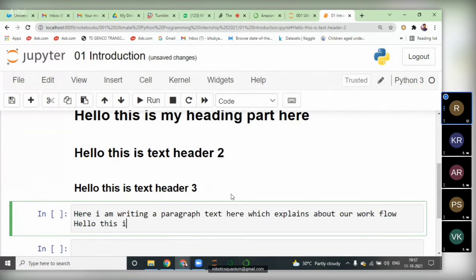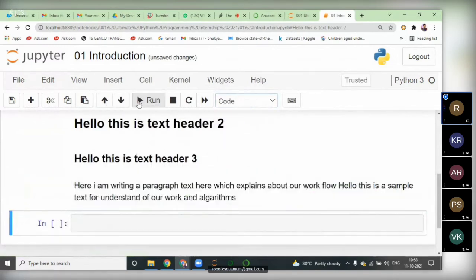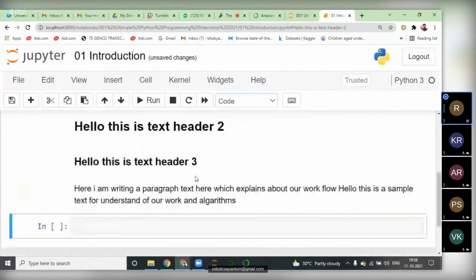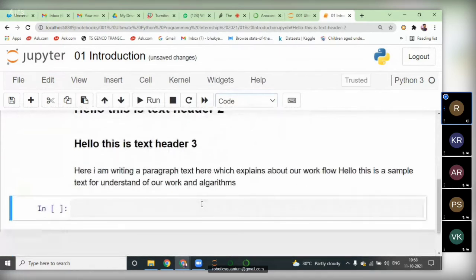So, hello, this is a sample text for understanding our work and algorithms. Just two lines of text. I want to print it as only text, so I select the markdown option. When you run it, it shows only the text part. Like this, we can create text and informative messages by using the cell.